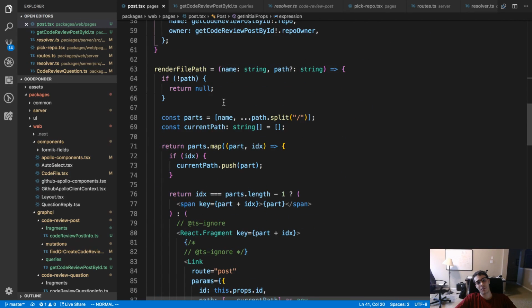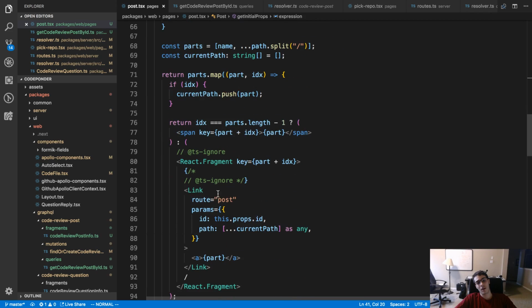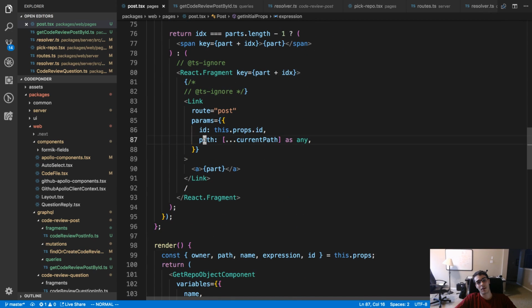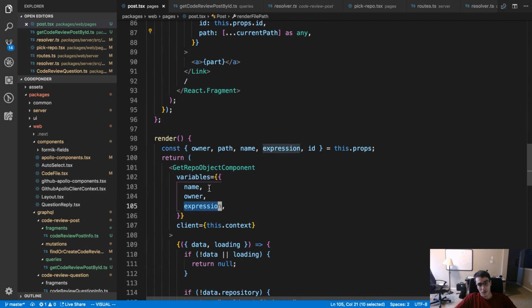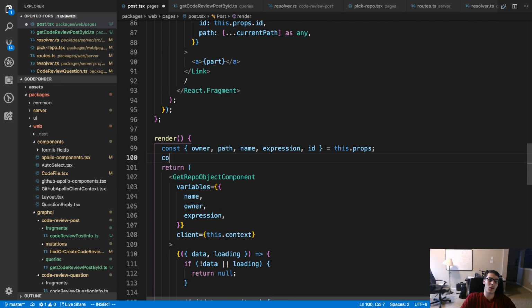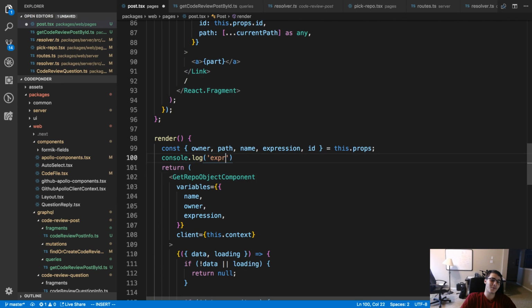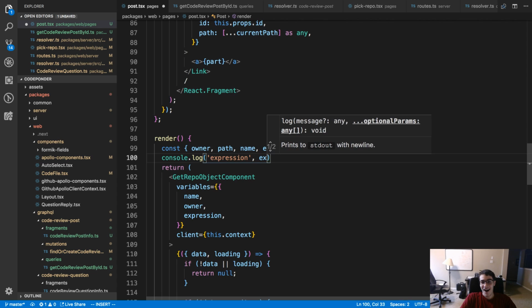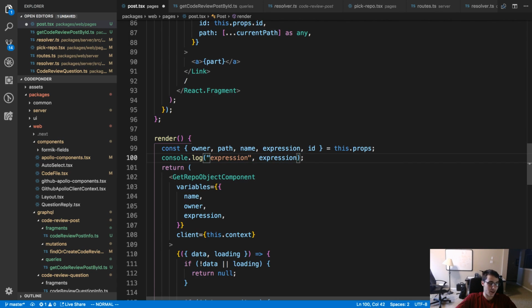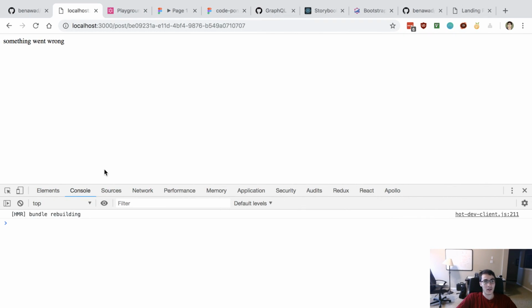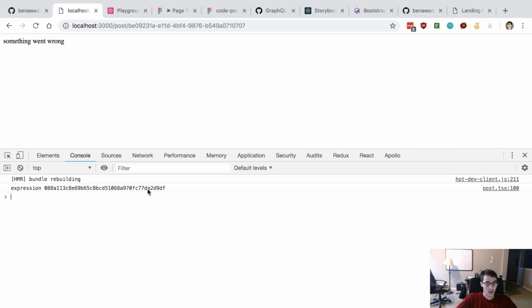So we should be passing a path down, and I'm wondering if it's getting mangled. All right, so expression. That expression looks correct.